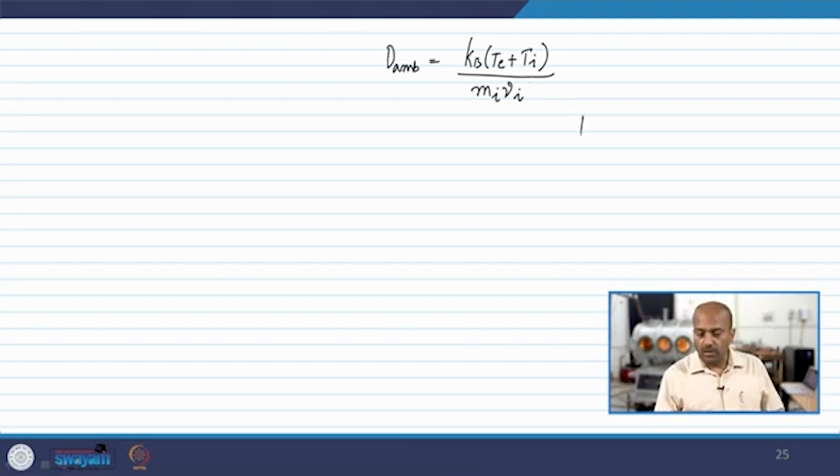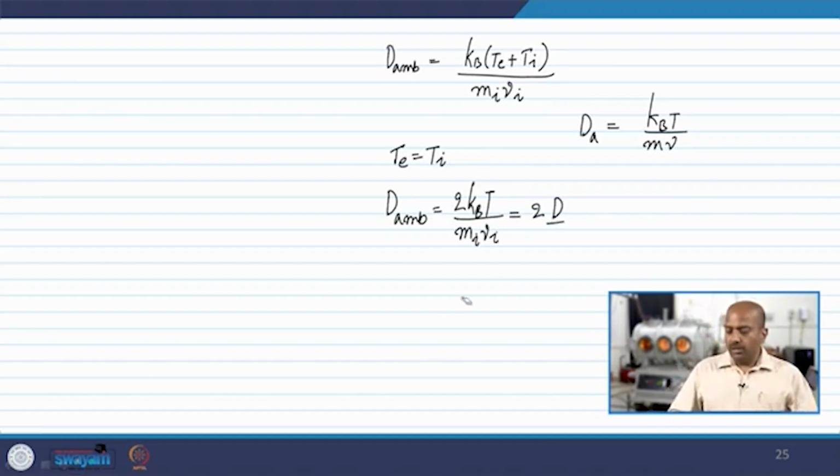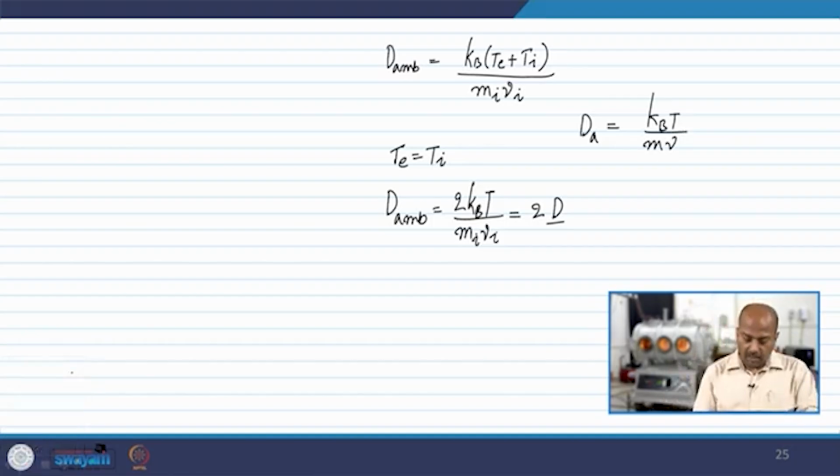If you bring the diffusion coefficient, we know it is kBT by m nu, right. Now, what I was saying is, if the electron temperature is equal to the ion temperature, the ambipolar diffusion coefficient will be 2 kB times T divided by mi nu i, which is actually twice the diffusion coefficient for normal neutral gas. And if you consider the plasma scale height, which is